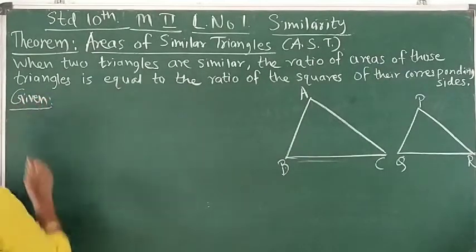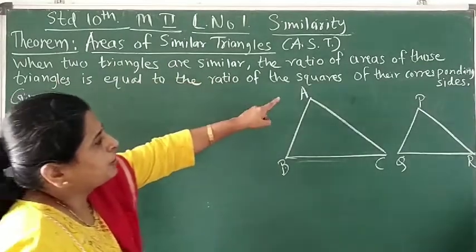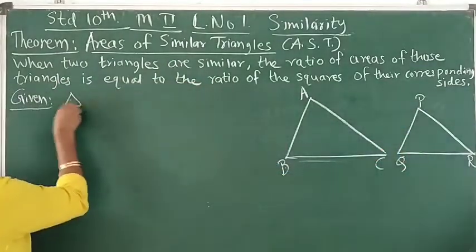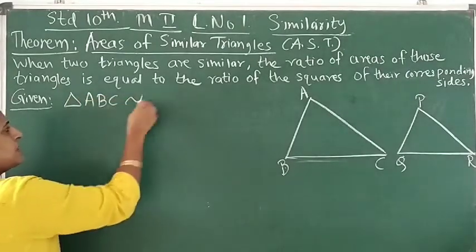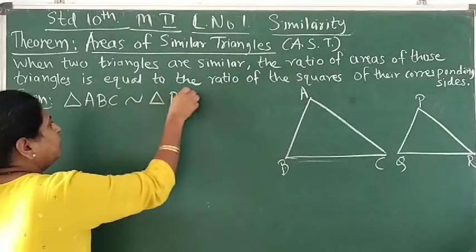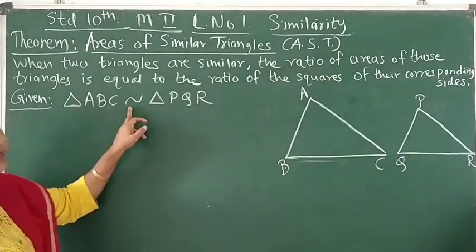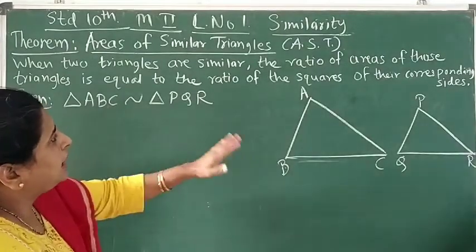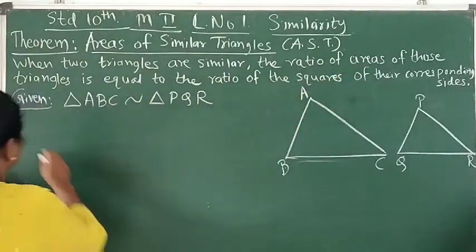We have drawn the figure, and we have taken two triangles that are similar. What are the two triangles? Triangle ABC and triangle PQR. So let's write: triangle ABC is similar to triangle PQR. We have written only the shape, same shape, similar. Now when these two triangles are similar, then what? The ratio of areas of those triangles. So, to prove: